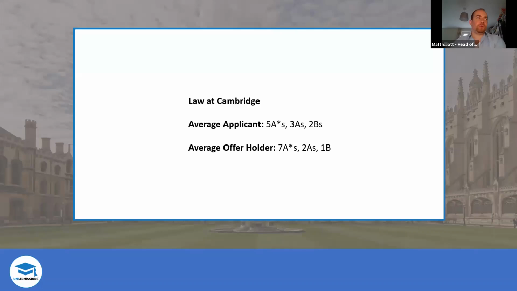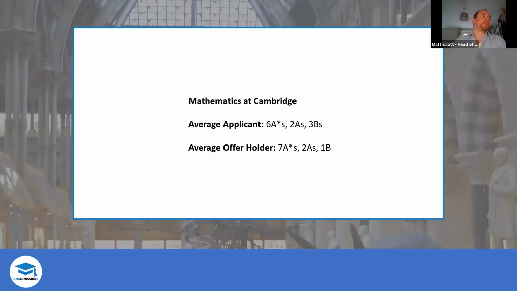As we mentioned a moment ago, law has on the whole the least spectacular GCSE scores of the really prestigious subjects. You can see from that, there are plenty of people who are getting offers for law at Cambridge who are applying with, say, 4 A stars, 3 A's and 3 B's or something like that. So people who are doing really well, but aren't blowing everyone away with 10 A stars. That's still a completely reasonable level of achievement to be bringing to the table here. And the same goes even for maths.